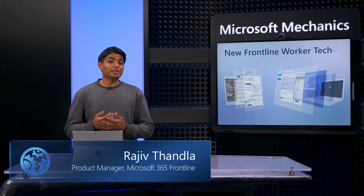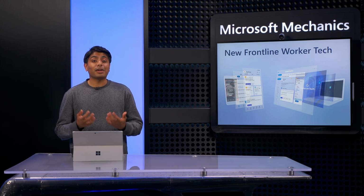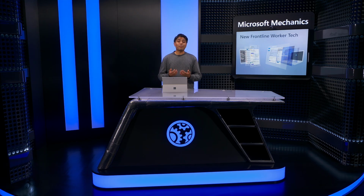So that was a tour of updates to give your frontline workers new tools they can use to get their work done with the help from AI and the latest collaboration experiences, along with all the new admin controls to set everything up. To find out more, check out